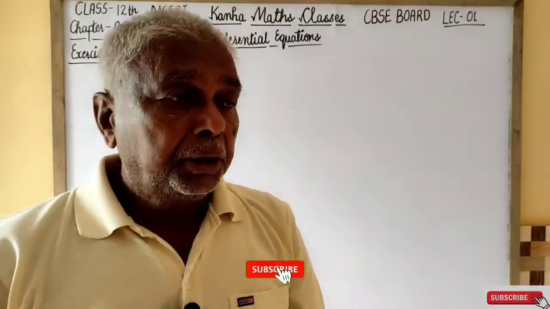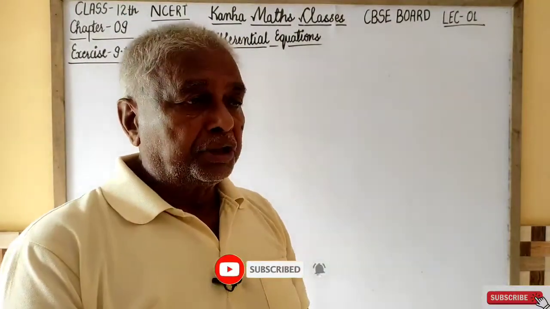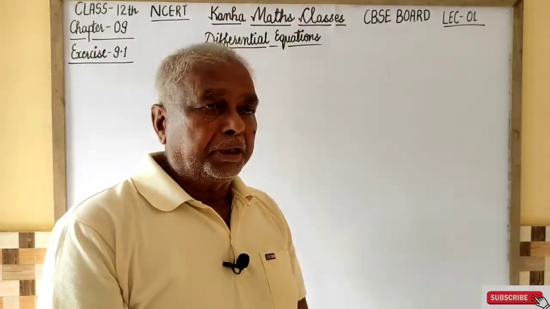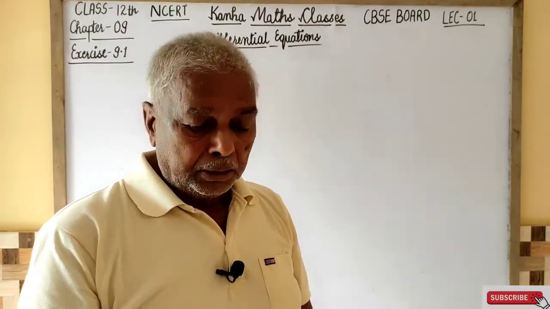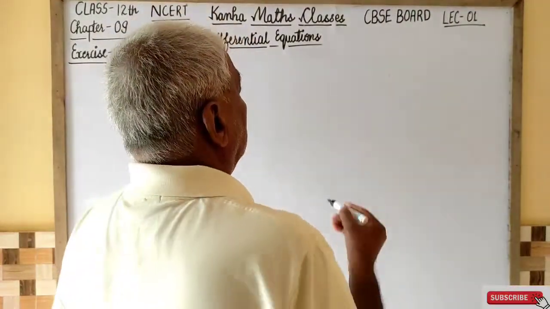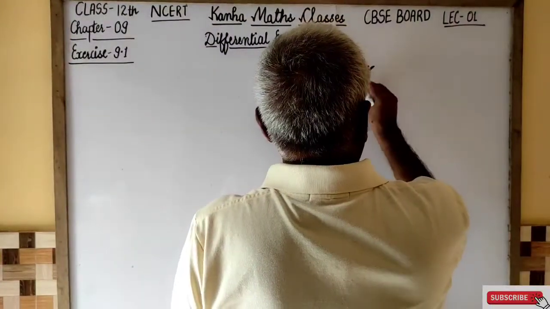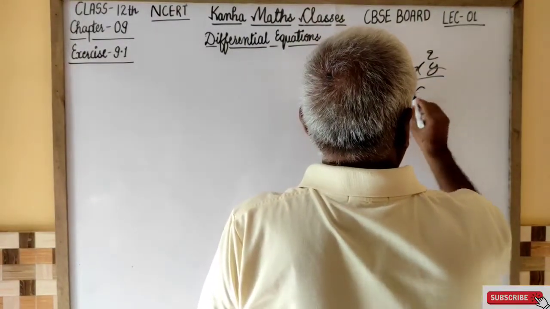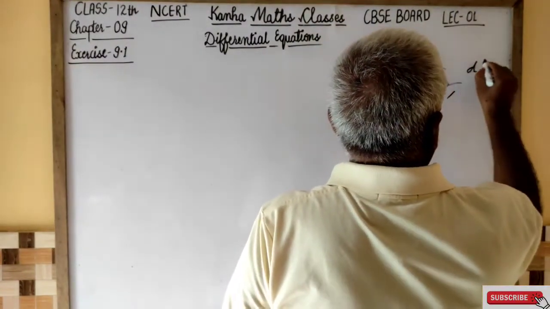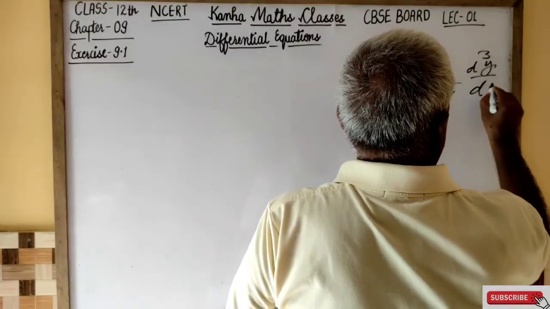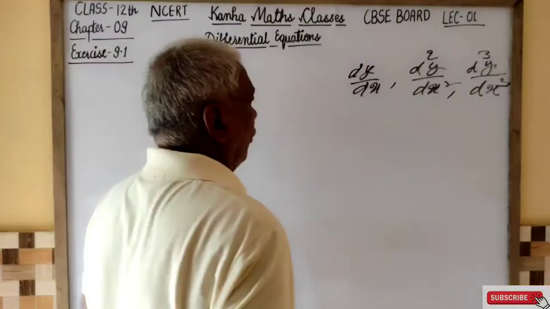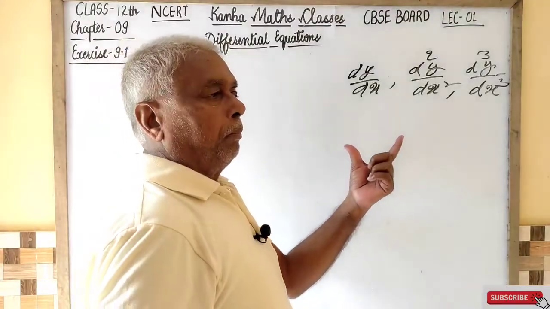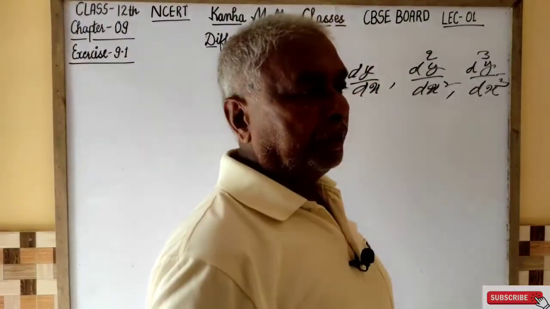The very equation of the differential. I have already stated the derivative or differential of some function, that you note as dy by dx, d square y upon dx square, d cube y upon dx cube. Often and generally you use dy by dx, the first derivative of the dependent function in terms of the independent variable,